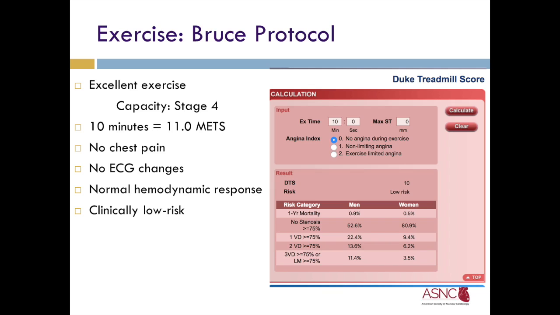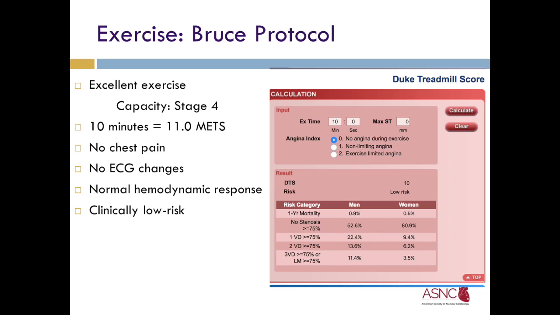Looking at the hemodynamic response to exercise, we can get a little more information here. Using the Duke treadmill score, we're looking at 3 different factors. The first would be the amount of time that the patient exercises, here 10 minutes equaling 11 METs. The second would be an angina index, where we look to see if the patient has any symptoms of chest